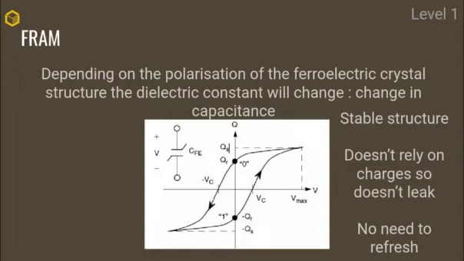So basically, you've got a free atom that can move inside the structure, and based on where it is in the structure, how the structure is polarized, you have a different dielectric constant. And this difference in the dielectric constant results in a change in the capacitance when you make a current flow through this resistor. So basically, when I make a current through this resistor, if it's positively polarized, then I will have